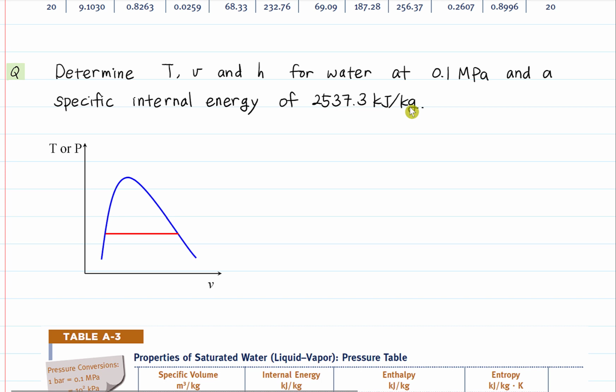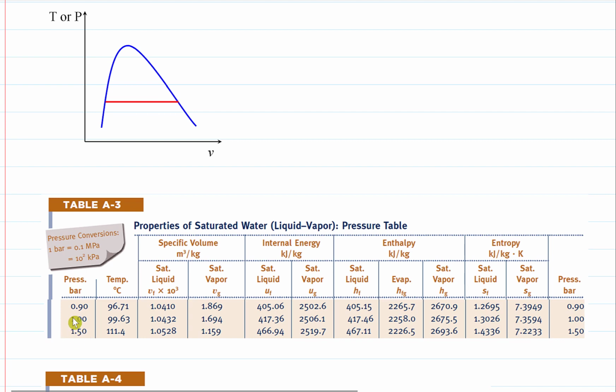But we don't know whether it is a mixture or superheated or compressed liquid. So at 0.1 megapascal or 1 bar, the saturated water exists in between 417 kilojoule per kilogram and